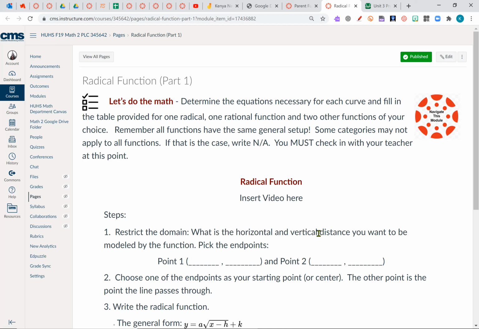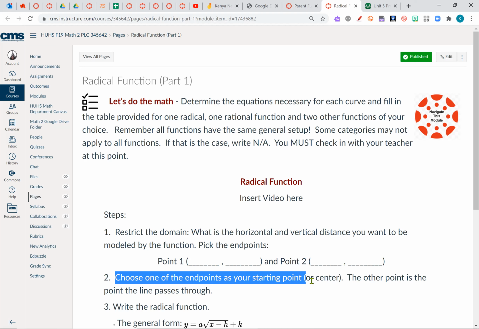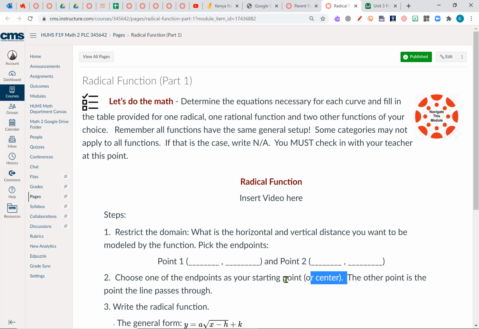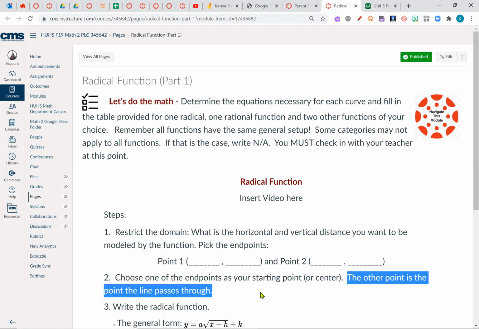By the way, the video that I'm recording is going to go right here. So let's get started. Once we choose our endpoints, we're going to decide which one is going to be the starting point or the center. I want you to know that before you go back and look at it, because you need to be thinking about that as you place your line and as you choose which point you're going to use. The other point is going to be a point that passes through the line. That's why you're choosing 2 points. Okay, so let's go to our Jamboard